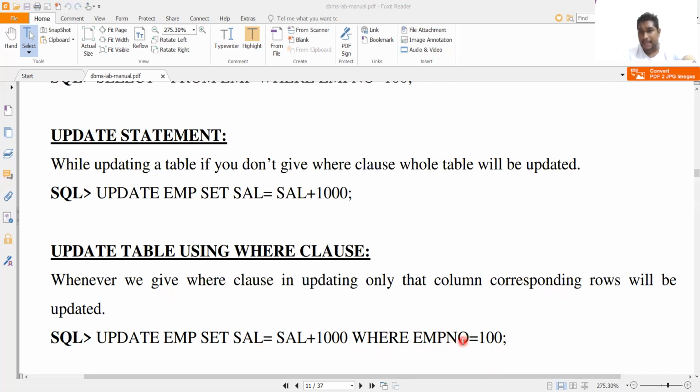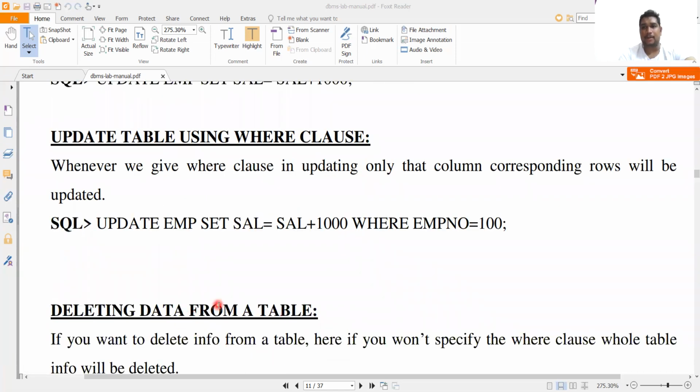If it is not the case, if you are not giving a unique value, for example if you give a name value, there will be a possibility of 3 or 4 members in your relation, so all of them will be changed. So remember one thing: if you want to change any data, we have to use a unique value. Instead of giving any duplicate data, you have to give a unique value.